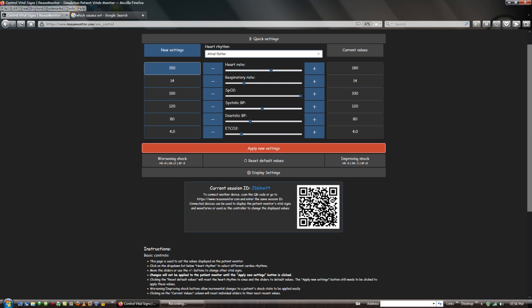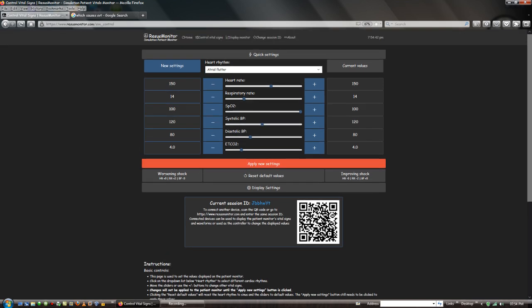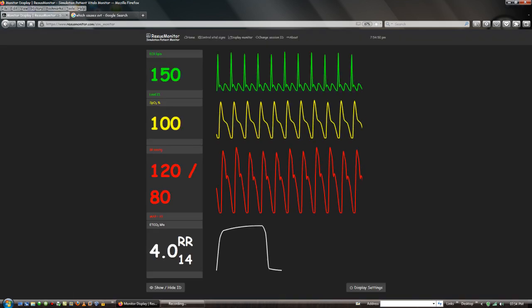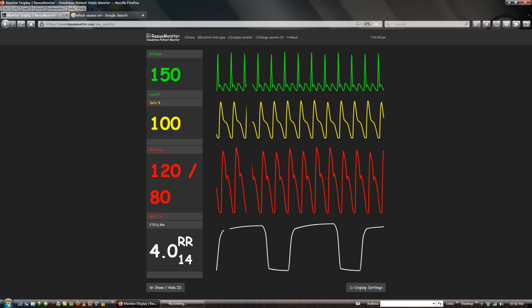We'll move on to atrial flutter. Atrial flutter is a heart rhythm that looks like wavy lines, with no straight baseline, P wave or T wave. Only these wavy, shark's fin-like lines. And this EKG rhythm